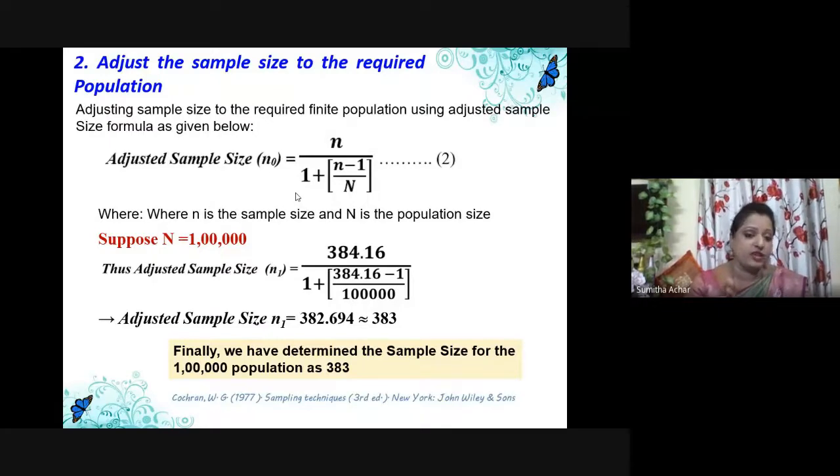I request all of you to take a screenshot again. So it is an adjusted sample size. What's the formula? So n is the decided sample size divided by 1 plus (n minus 1) by N. So what is that capital N? Capital N is the total population size, right? That's the total population size. Put it in this, solve this, right? Either you can use a simple calculator. You get the adjusted sample size as 383.